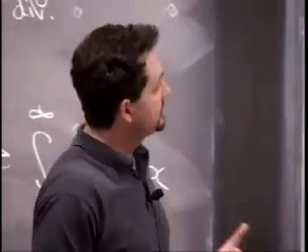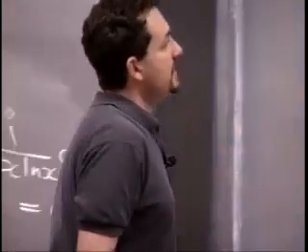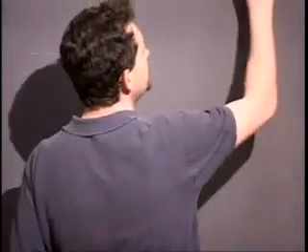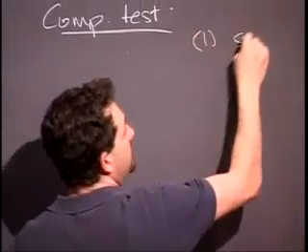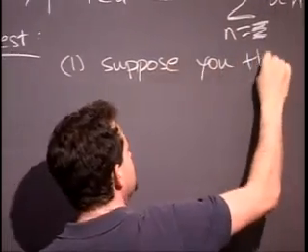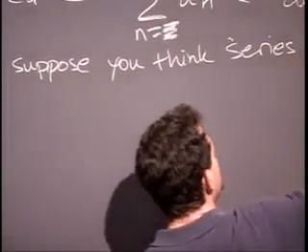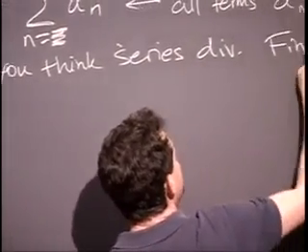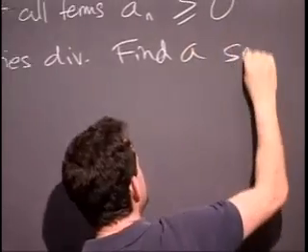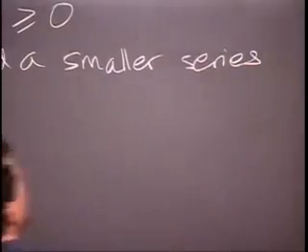All right, so we've got this comparison test, limit comparison test, p-test. Series, all the terms positive. Here's what the comparison test says. Okay, so there are 2 versions. Suppose you think the series diverges. The original series you have diverges. Find a bigger series. No, I keep getting this the wrong way around. Find a smaller series